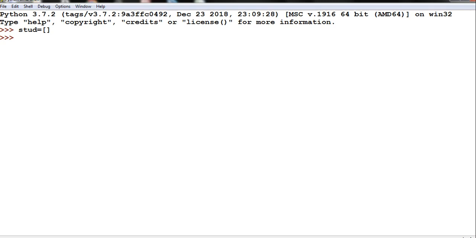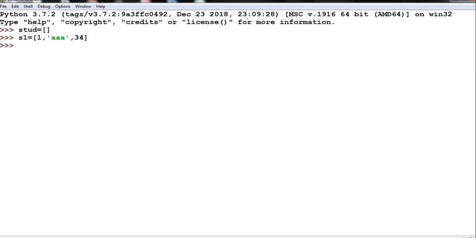Now I will write S1 equal to a list: student roll number, comma, name, comma, marks.